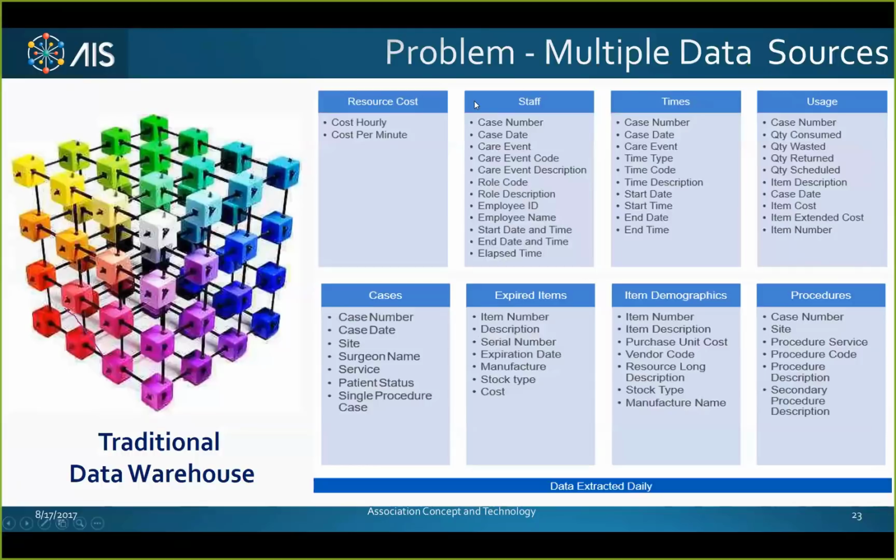So these are 8 separate databases. Now, trying to extract data from all 8 into this cube is what people in the world have been trying to do for the last 25 years with very little to no success. 90% of data warehouse projects fail to meet their requirements, and 50% fail outright.